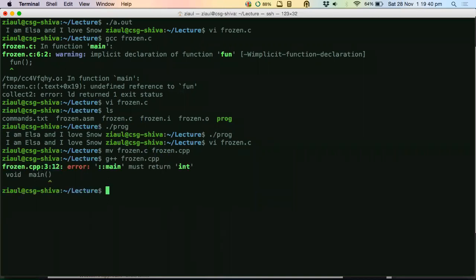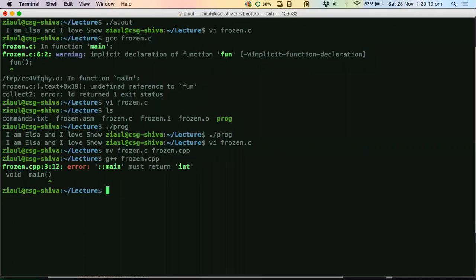See, main must return an int. What does it say? It says that your program has to return something so that the OS knows that it has gone through a clean execution. C++ adds an extra safety, but C does not, because C does this return implicitly from main without the programmer's knowledge. So even if you put an int return in C, it will work, but even if you don't, it will also work.